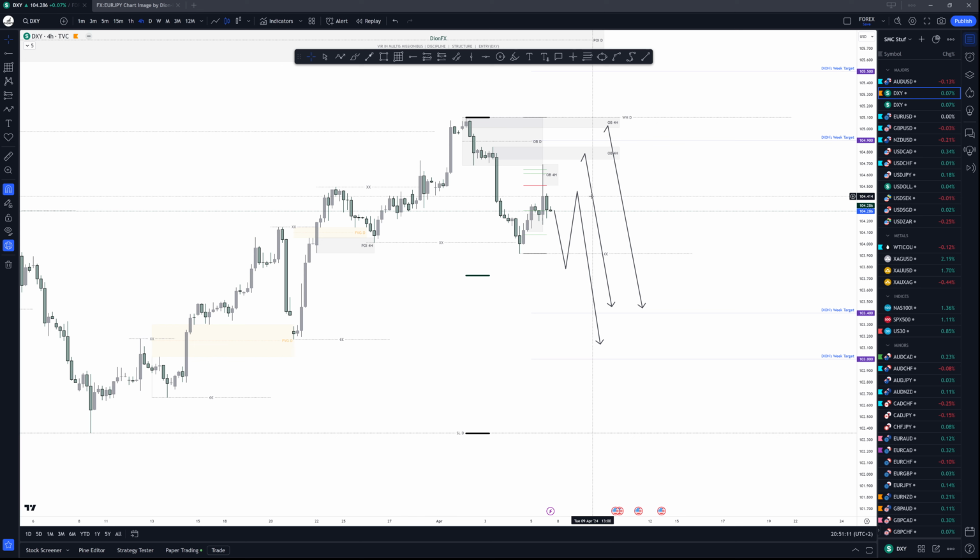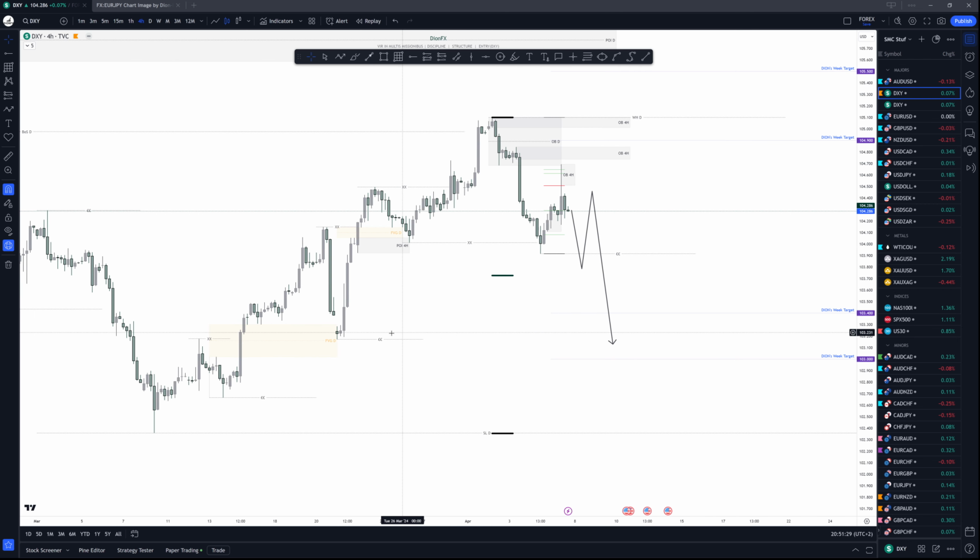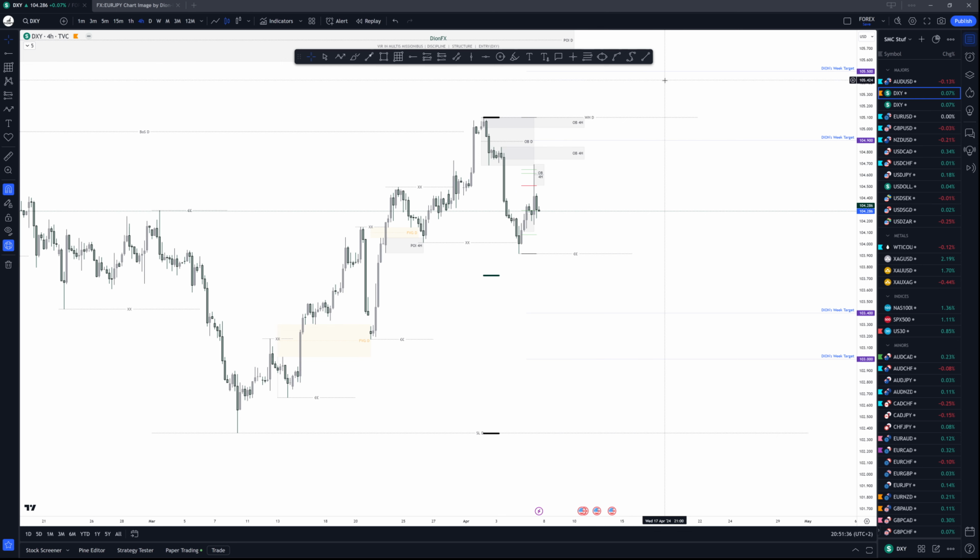Okay. So Mondays are tricky. If you believe the price will be going to the upside to fill these imbalances up, then you can look for some buys around these levels and then target the upside there, right? But if you believe the price will be going to the downside, then look for price to do this and then wait for the pullback and then continue to sell it to the downside to go for these imbalances. Okay. So these are my targets, these ones right there.